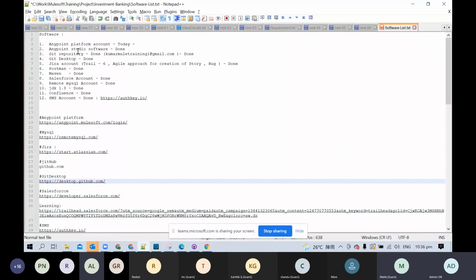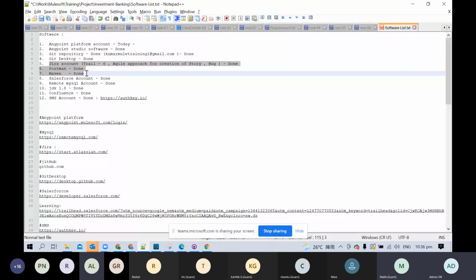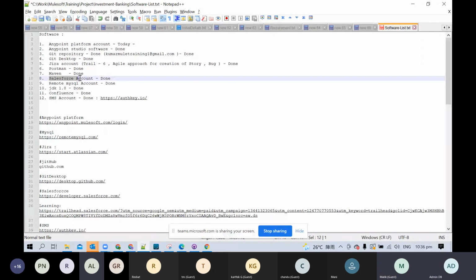So next we have Git part is done, Git desktop is done. Okay, Jira Postman we will take next tomorrow. So now next we will go for Salesforce account. Okay, and we will create remote MySQL account. So let's start with